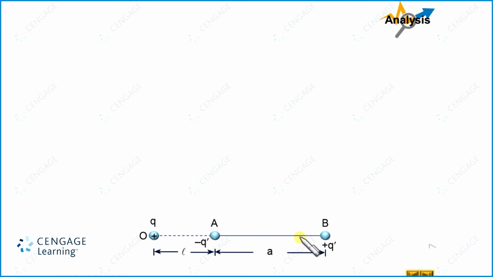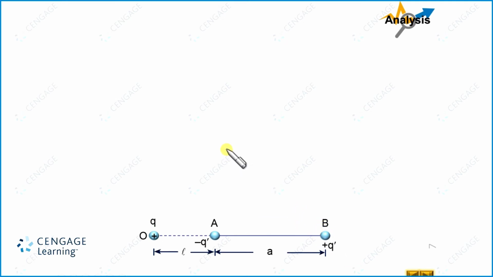As we know, both are connected by the conducting wire. That means the potential of A and the potential of B should be the same. So let us first calculate the potential of A. Potential of A should be because of its own charge, that is minus q dash, and because of small q, because the small q is at the surrounding of this charge. So, the potential at this position should be because of this charge, and also because of this induced charge q dash.